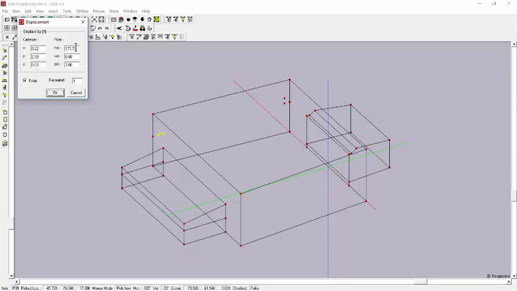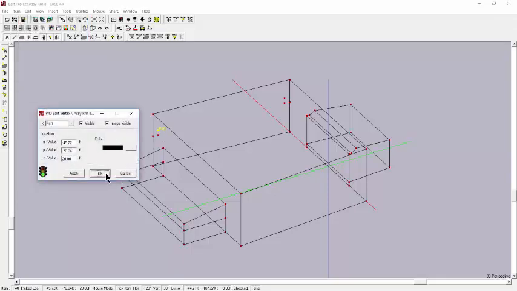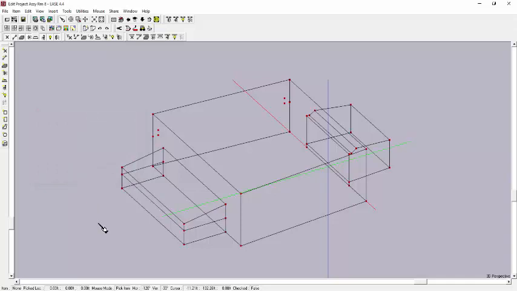So what I want to do is go 0 y and 0 z and 0 x rather, and 3 feet z, and say okay. Okay, we got it. Now we have the ends of our window. So we can draw a,